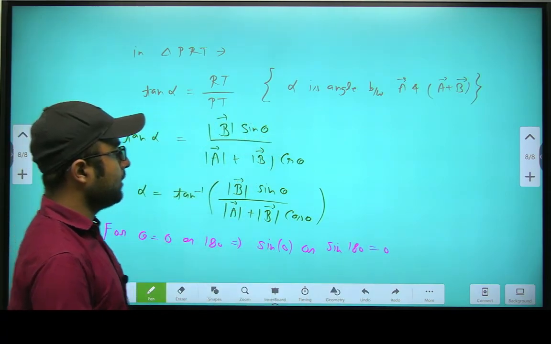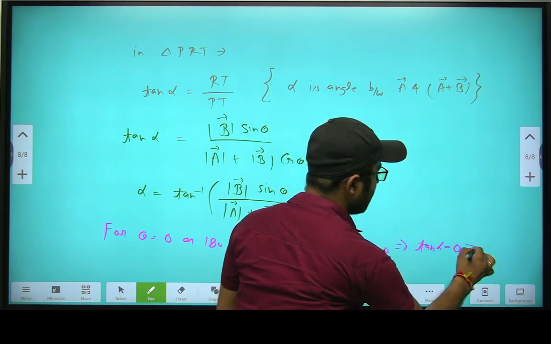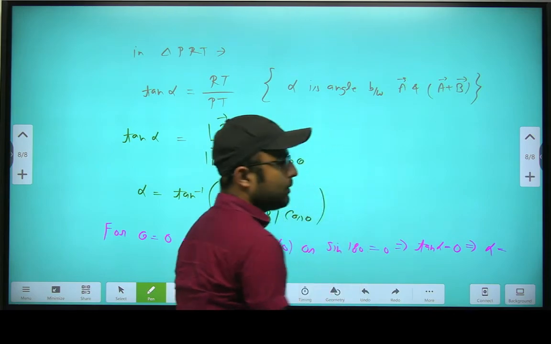Now if this is 0, that implies tan alpha is 0, which means alpha will be equal to